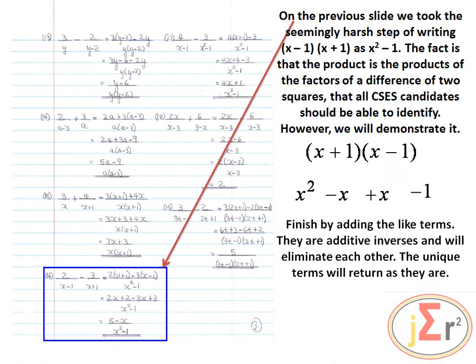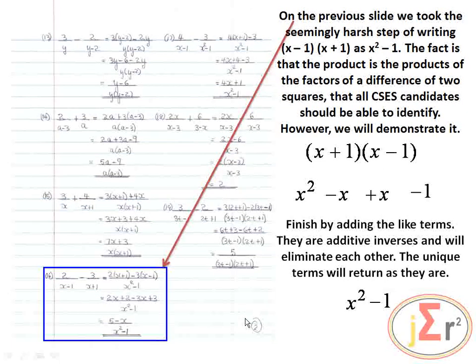So finish up by adding the like terms. They are additive inverses and will eliminate each other. The unique terms will return as they are. So those are the unique terms. Therefore, these eliminating each other, x squared minus 1, that's what we have right here. Therefore, if we have x plus 1 multiplied by x minus 1, the result will be x squared minus 1. Therefore, it was not a cheat or a trick